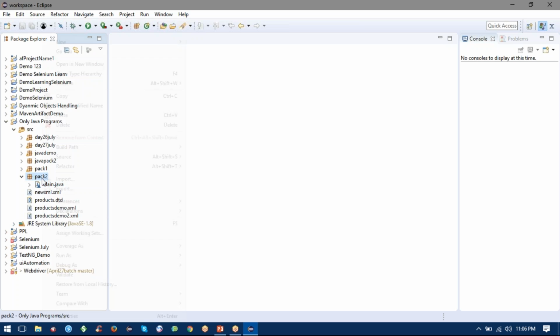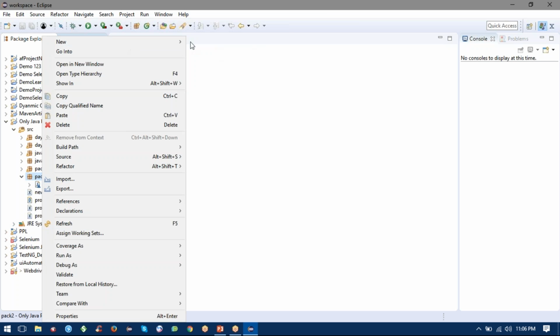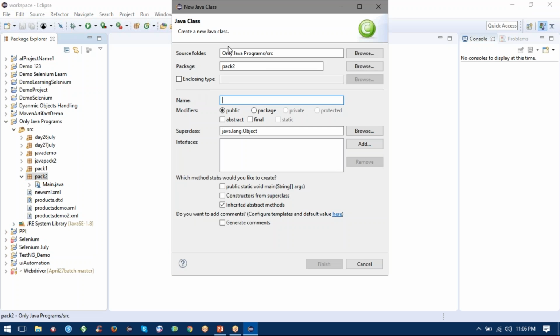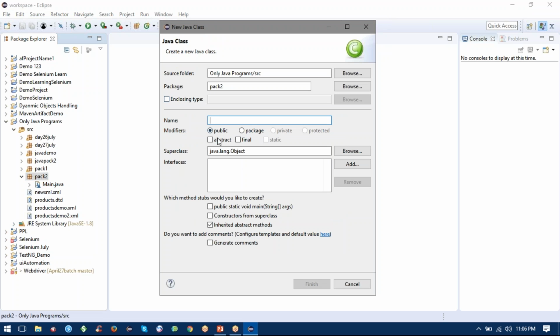Let me take one package and I'm going to create one class. So now you are aware about how to create the class in Java. You can see the C symbol is also there. It means you are going to create a class. And in Java, every class has a super class which is Object. So the Object class has some methods, and now those methods will be part of your class. So by default, I'm going to create here one class like